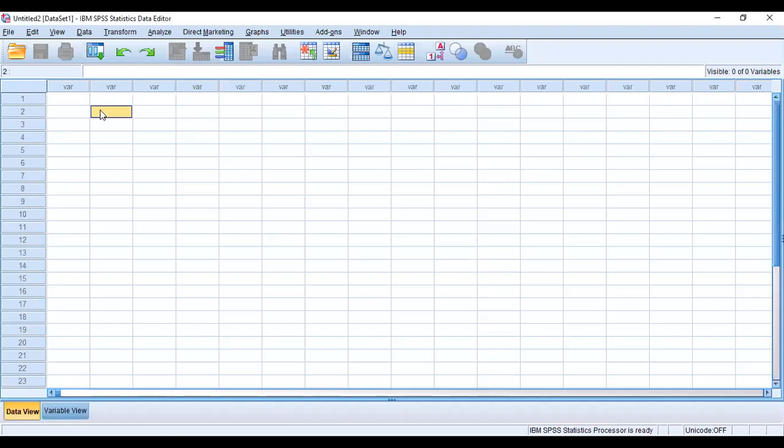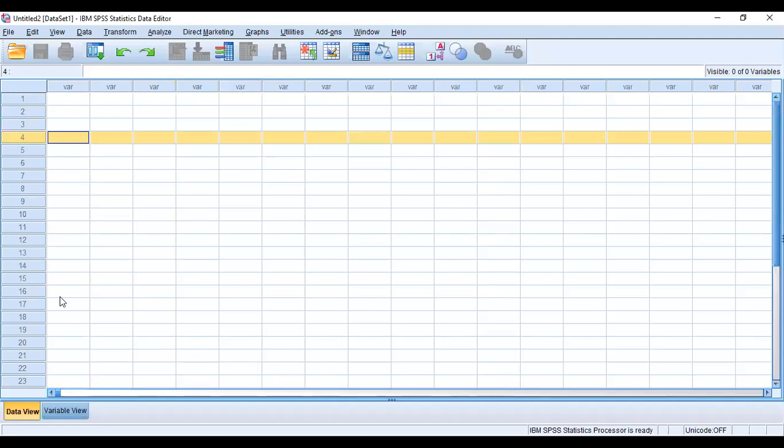So moving on to the software. I have already told you that each cell is called a case in SPSS. So this one is a case, this is a case. And this is a variable. This is the first variable, this is the second variable, this is the third variable, and like that it goes on. Then this is the first respondent, second respondent, third respondent, fourth respondent or schedule.